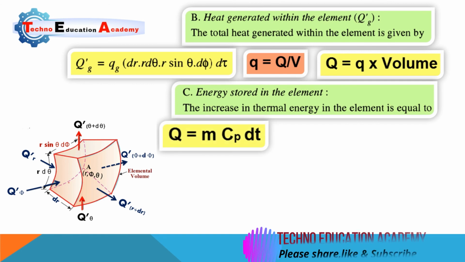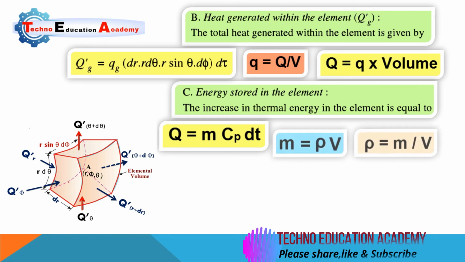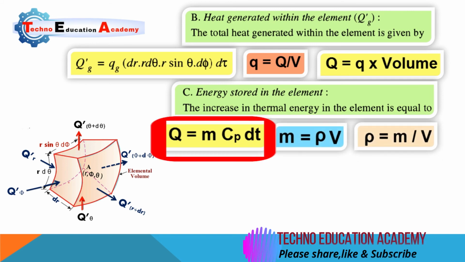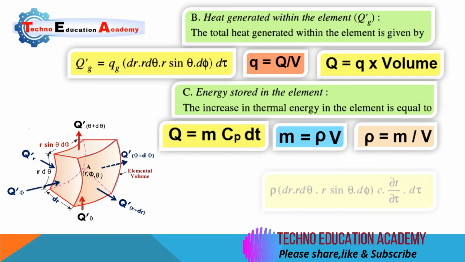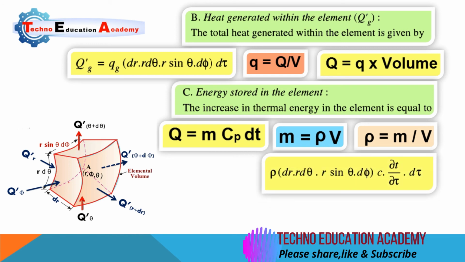And the energy stored in the element, the increase in thermal energy in the element, we have already discussed: the general heat transfer equation m Cp delta T. But our objective is to convert the value of mass into volume, because in all the terms the common term is volume. So we need to convert the mass into volume, by using the fundamental property, mass equal to density into volume. So density equals mass upon volume, or mass equals density into volume. Here we will put the value of volume equal to dr into r d theta into r sin theta